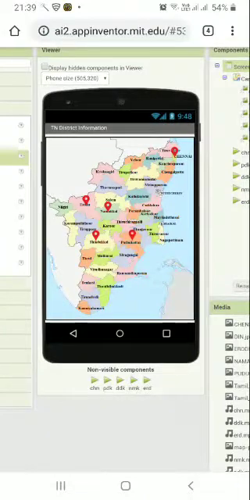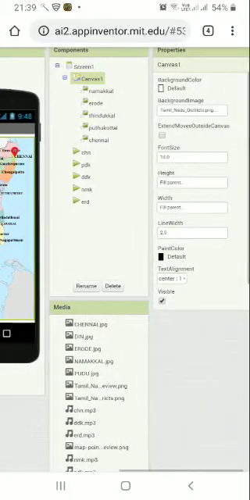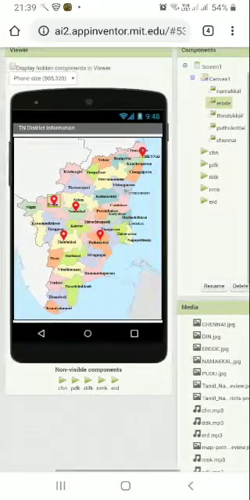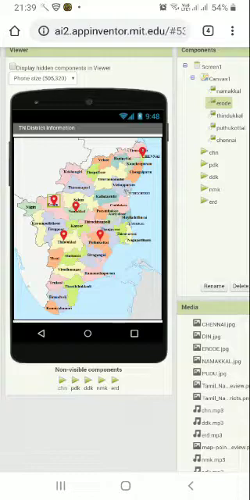The objective of this app is to find the information of the districts and also the information and contact details of the district collector. First, I have put in a canvas and set the background image to the Tamil Nadu district map, and then I have put in 5 image sprites, each of it having the picture as location pins. I have also added 5 player components which each have the names of the districts being told.